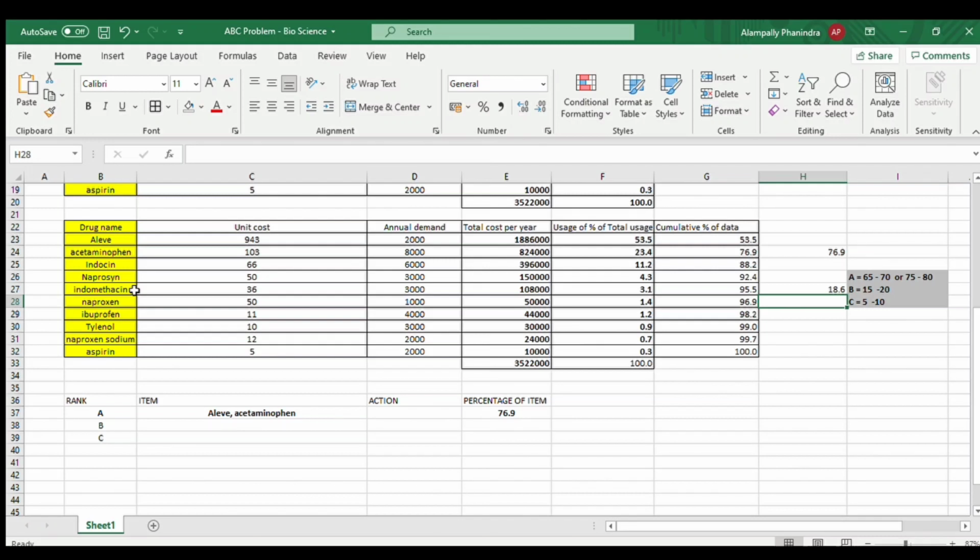So these are the three drugs which should be placed under the category of B, because we have got 18.6, a value which lies between 15 and 20, right?